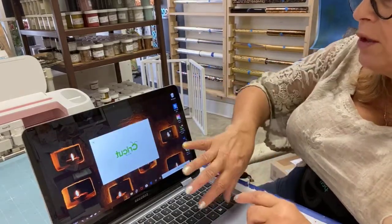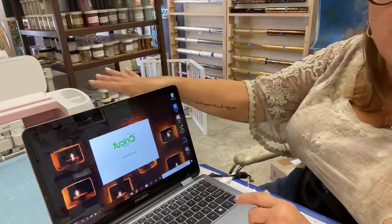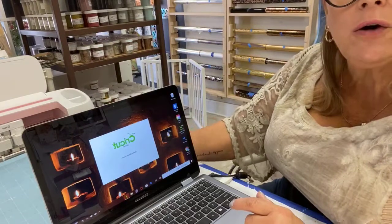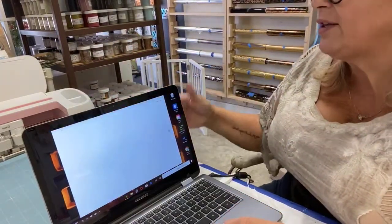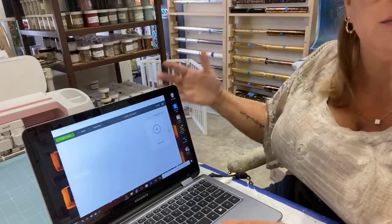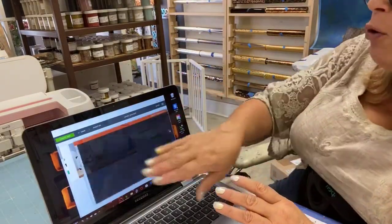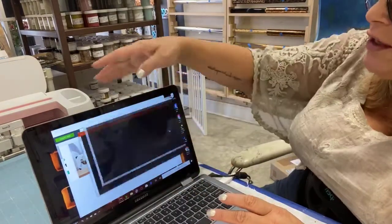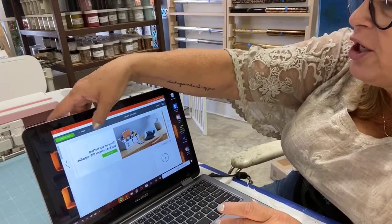There we go. So this is part of the software that comes with your Cricut Maker when you buy it. When you get your Cricut Maker in the box, you open it up, and there is a setup process for the program. It gives you the links of where to go. It's very simple. And then you open it up and you have your account, and you see mine says welcome Maury. And if I hit my projects,